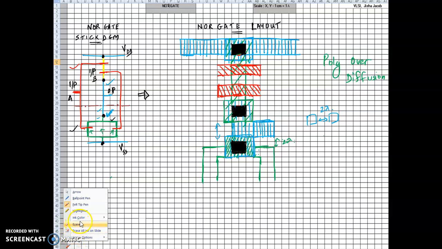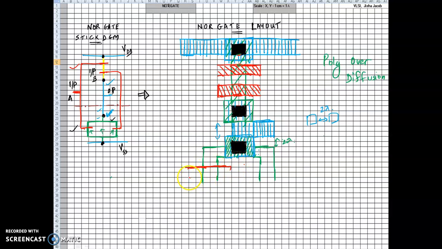Let's keep in mind that when you draw the polysilicon, if you draw it over here, this is going to come in parallel with the diffusion over here. What is the minimum distance between diffusion and polysilicon? That is again 2 lambda. Okay, so let us give it a 2 lambda distance, and of course, since I've already drawn it at 2 lambda, I can continue over here. Okay, this is the correct line for polysilicon. That would make my transistor perfectly aligned and at correct distance or minimum distance from the diffusion layer.